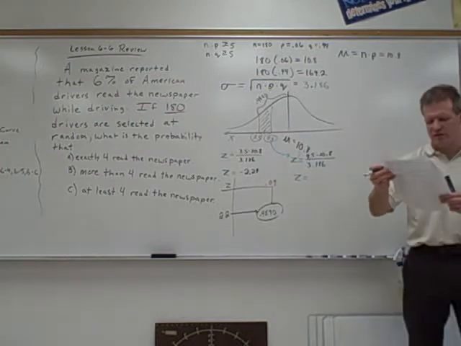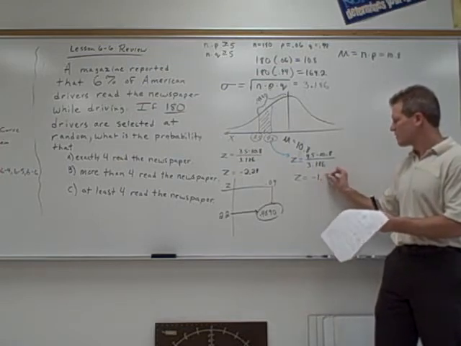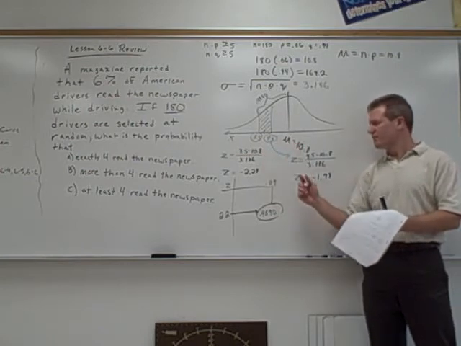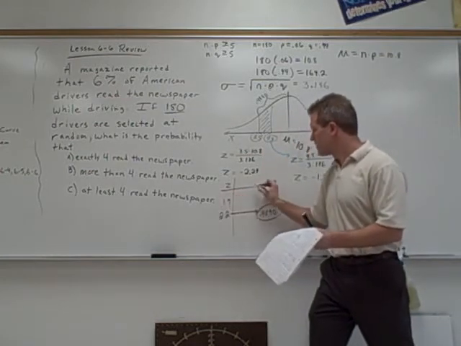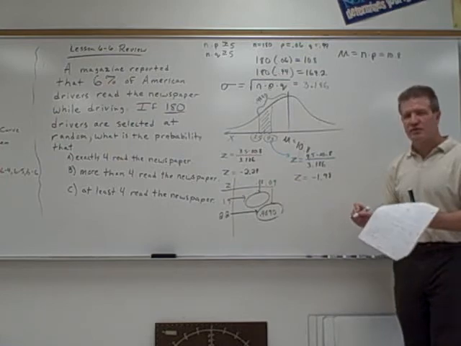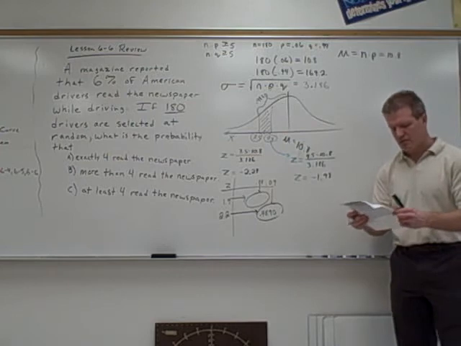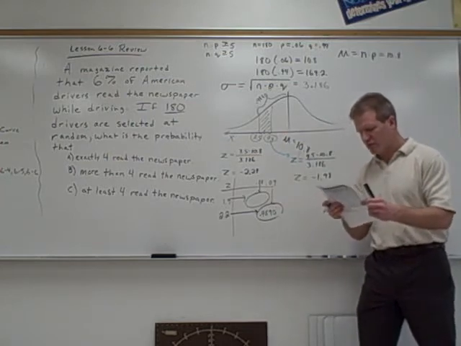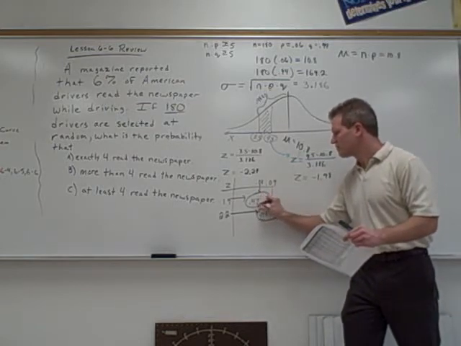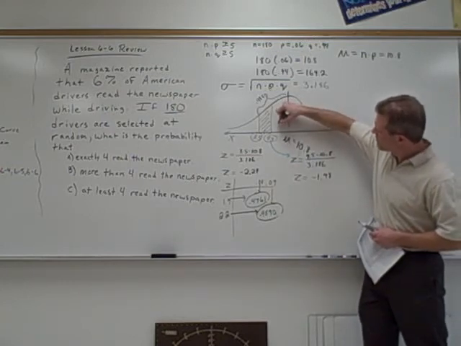Your z-scores you're going to round to 2 decimal places. So on this one I'm seeing a z-score of negative 1.98, meaning that 4.5 is 1.98 standard deviations below the mean. So I go to 1.9, I go to 0.08, I come over, I come down. Anyone know what that area is? No, we'll look it up. 0.4761, is that what you said? Okay. 0.4761. That area would be right here. 0.4761